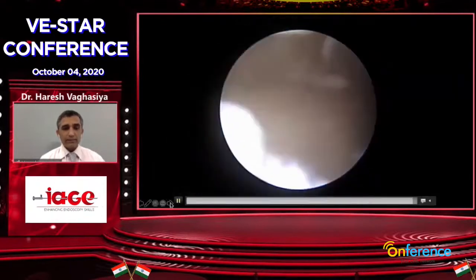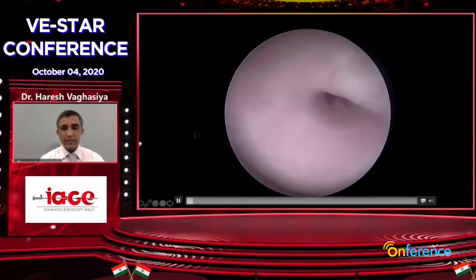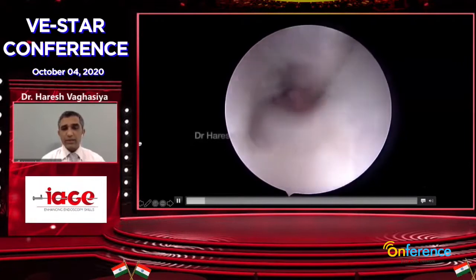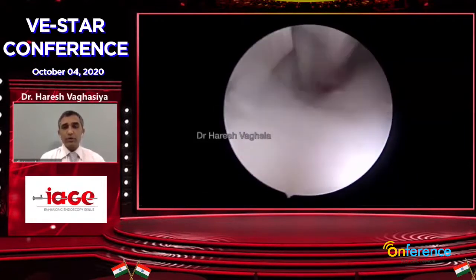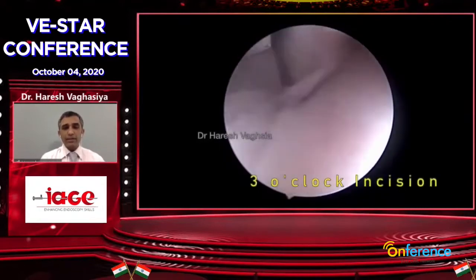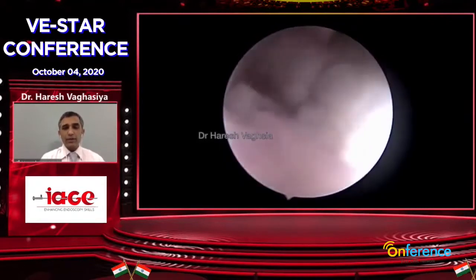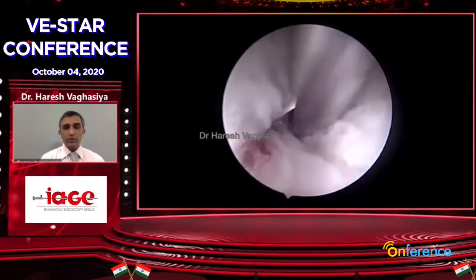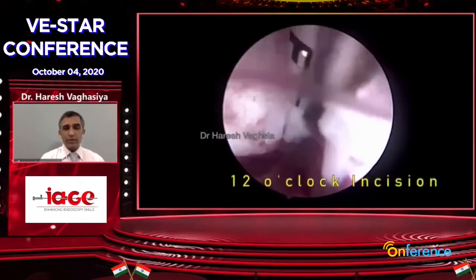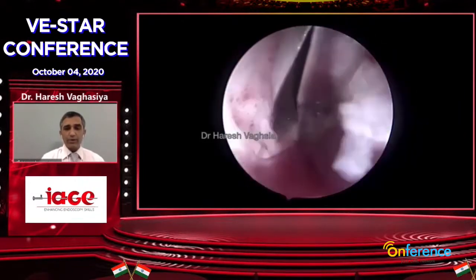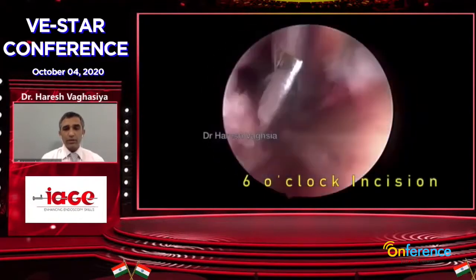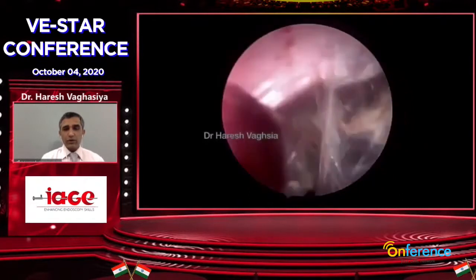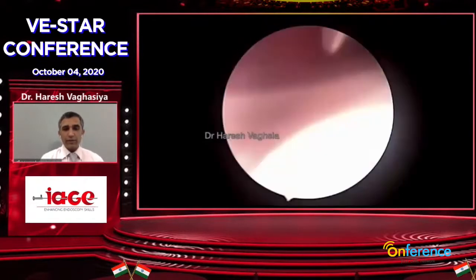And next is a very interesting case. Now, this is an external cervical os stenosis. A postmenopausal patient came with an episode of bleeding. And you can see that's the 9 o'clock incision, then there is a 3 o'clock incision. So then we drained the hematometra. There was a lot of hematometra, pyometra in these patients, very common. Then this is the 12 o'clock incision, and then the 6 o'clock incision. And after that, you can just enter into the cavity.